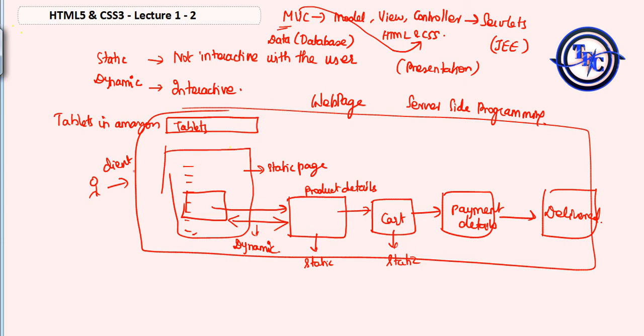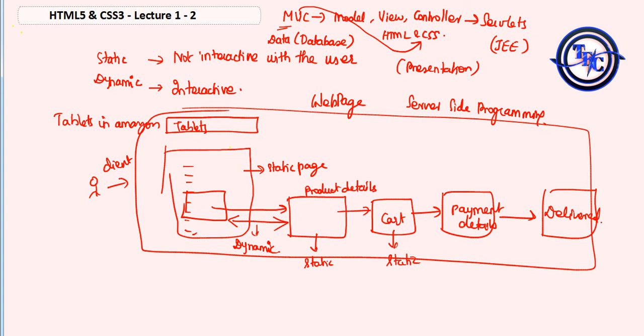Controller is when the user clicks this, something happens at the back which we don't know, right? So control is transferred to the next page giving the product details, and if you want to add to the cart, if you click over here it is added to the cart. Then if you want to buy, it asks for the payment details. So something is controlling at the back, right? That is said to be a controller. So this is the MVC pattern, model view controller.